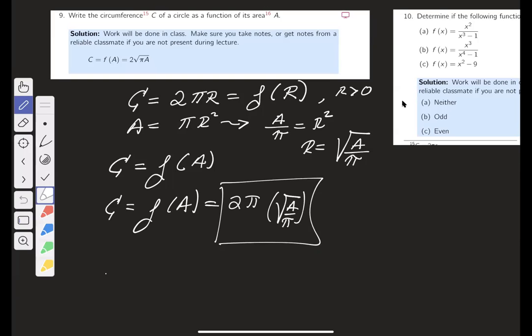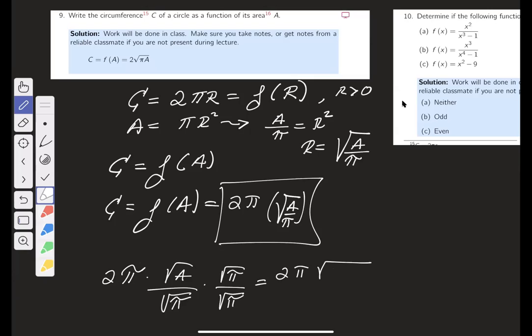So I'm gonna write this over here, 2 pi times root A over root pi. Again, I'm going back to mathematics. In mathematics, they didn't like the radicands to be fractional, and they didn't like having radicals in the denominator, so they rationalized. It seems like work to you. What do you get over here? 2 pi square root pi A